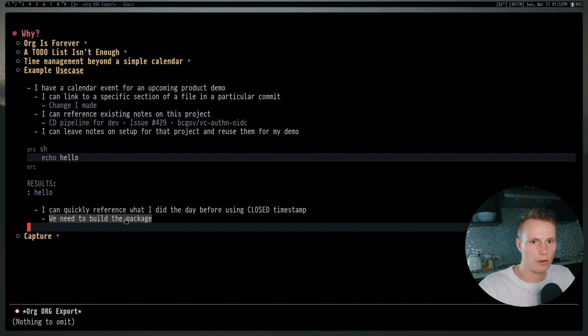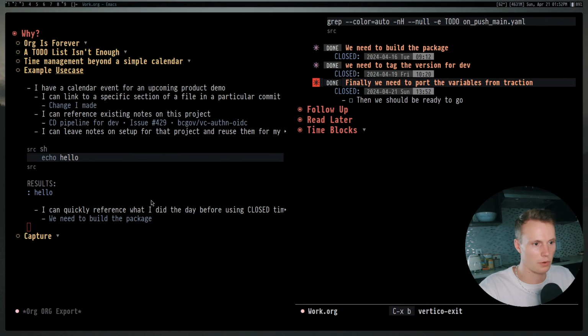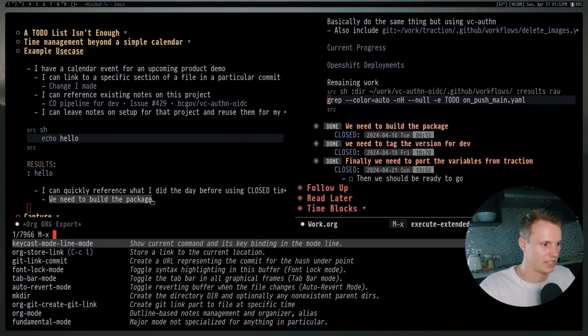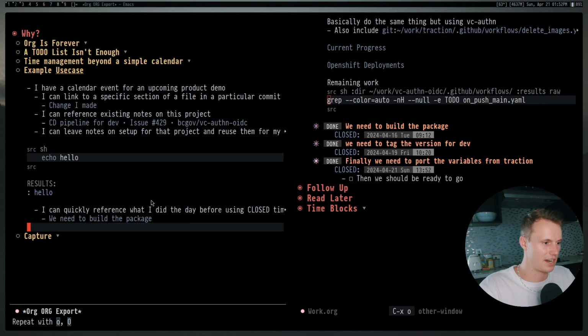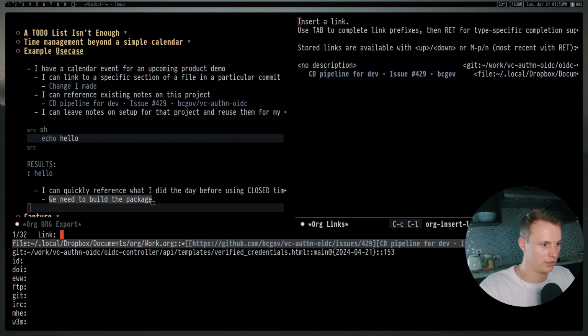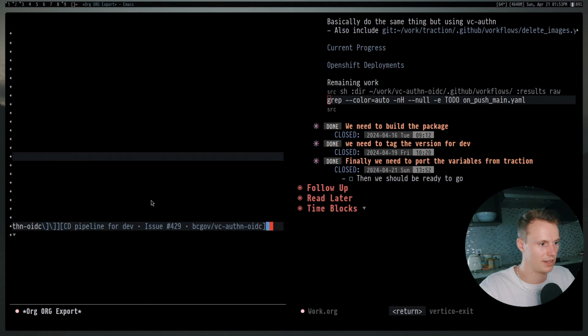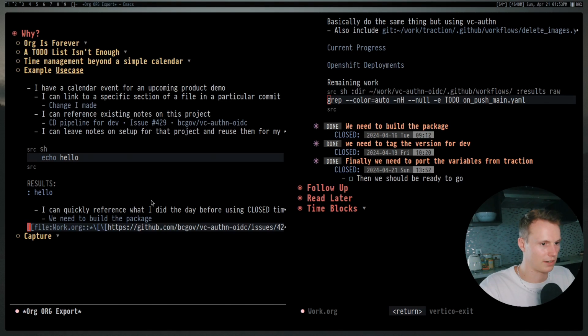And if you're worried about, oh, how do I even create these links? It seems like a huge pain. Don't worry. You can simply go to any file. So let's say that we want to make a link to this code right here. I can do Control-C, L, which is actually running org store link. And then I can just do Control-C, Control-L in an org file, and it will let me insert a link. And I can save the description, and boom, we have inserted our link right there.